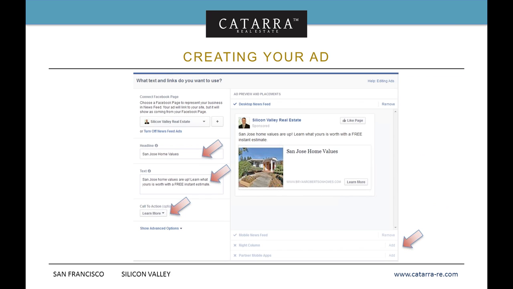Right below that, you've got the headline. You've only got a few characters in here. You do not want to get wordy. It really comes down to the name of the town that you're in, home values. That's it. Super simple. If you want to change up those things a little bit, you can. I'm not necessarily a fan of the variations that I've seen. Home values, it just clicks. All you're trying to do is get somebody to pay attention. It's the biggest text in the ad.